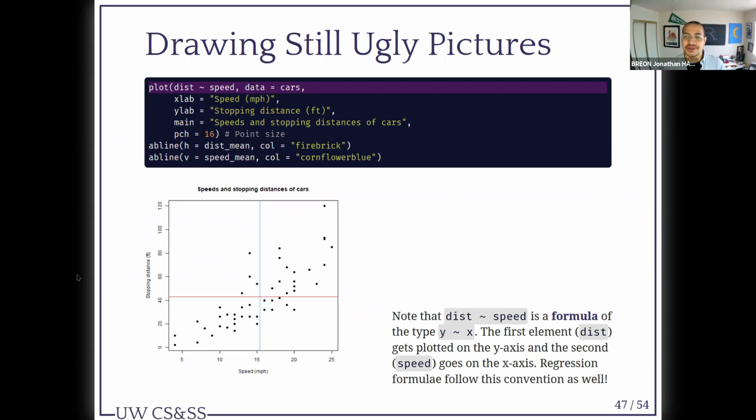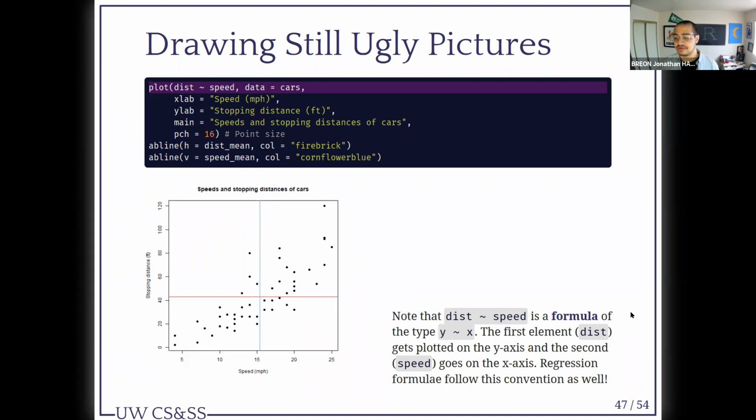We can continue to draw ugly pictures. One such way is with the generic plot function and the dist ~ speed format. Note that dist ~ speed is a formula of type y by x. The first element, dist, gets plotted on the y-axis, and the second, speed, goes on the x-axis.